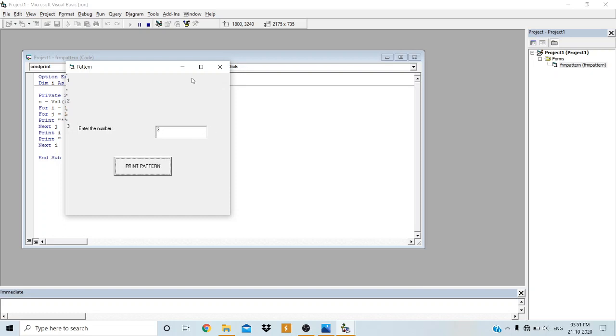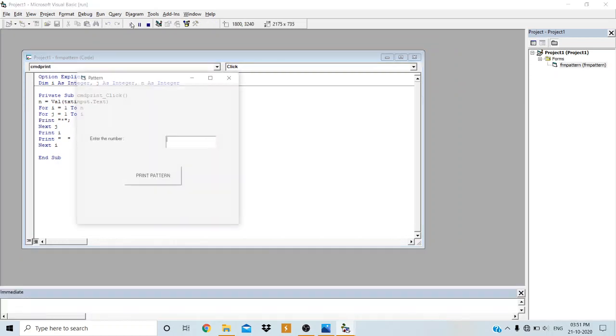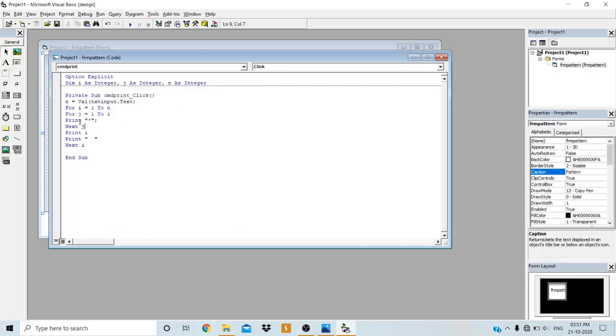So what I will do is change the print method. Now can you see the output? In the double quote I have written the star and ended it with a semicolon.